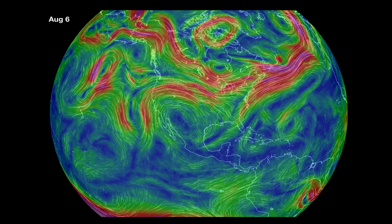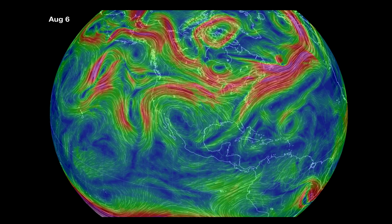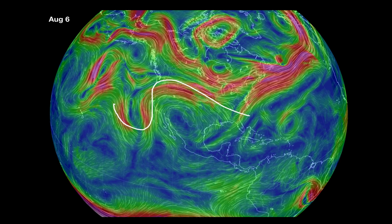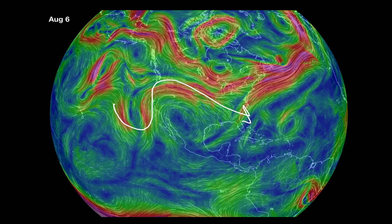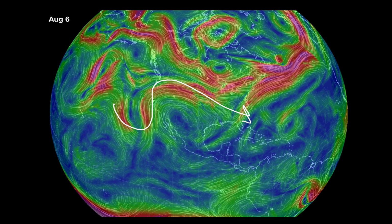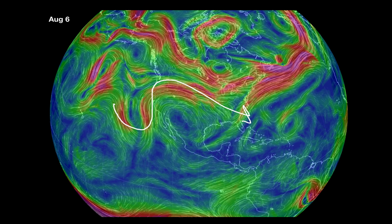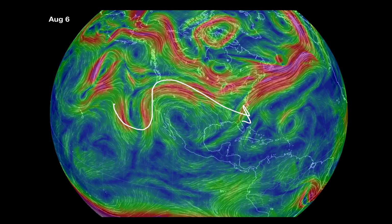Jumping ahead 4 days, looking at the jet stream on August 6th, we start to see the area of high pressure begin to get pinched in a northwest to southeast elongated look here, doing something more like this, bringing northwest flow into parts of the Corn Belt. And this is going to bring a shot of some showers and storms to some very dry parts of the Corn Belt early next week, but I don't think it's a pattern that really lasts and brings any sustained